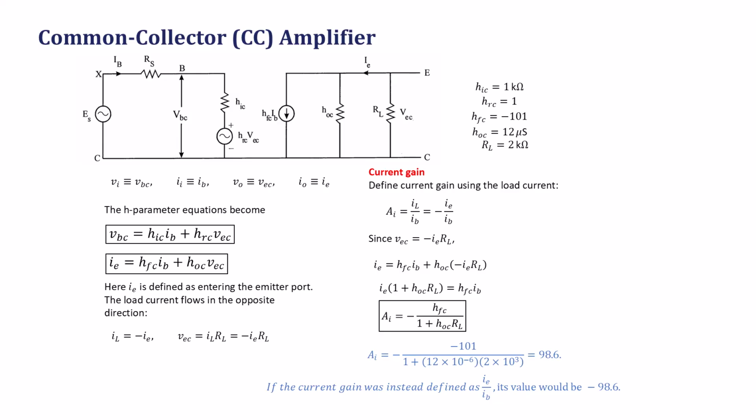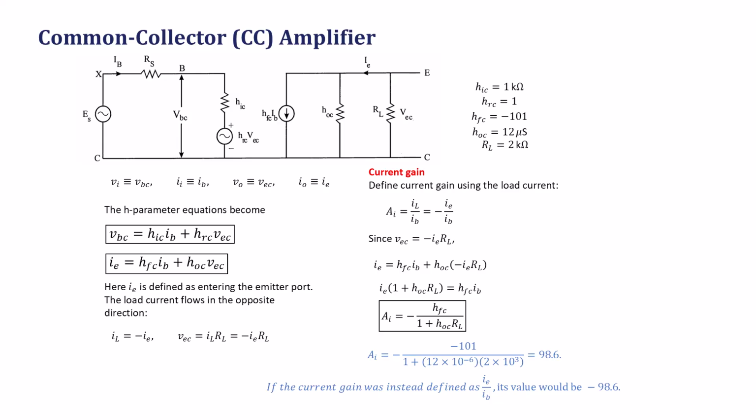Now IE is defined as entering the emitter port, but the load current flows in the opposite direction, so IL equals negative IE and VEC equals IL times RL, which is negative IE times RL. We define current gain using the load current: AI equals IL over IB, which is negative IE over IB. Since VEC equals negative IE RL, we can substitute into our second H parameter equation: